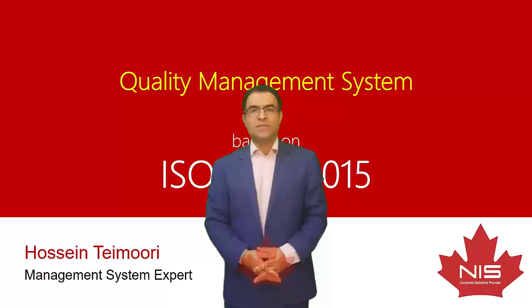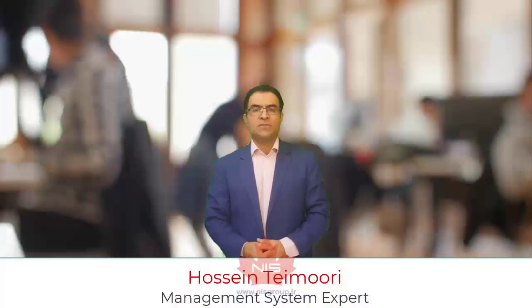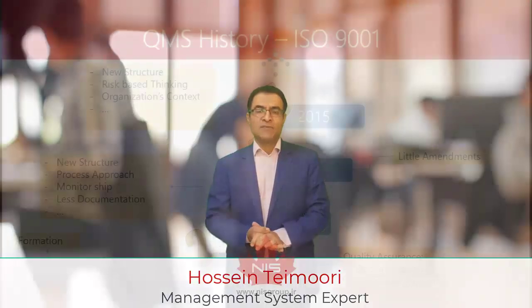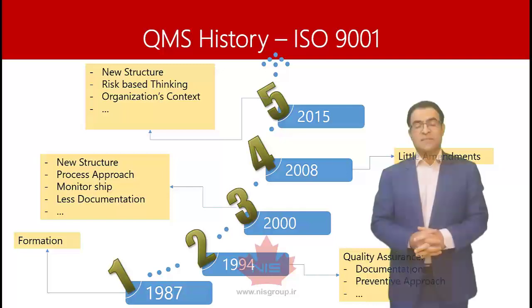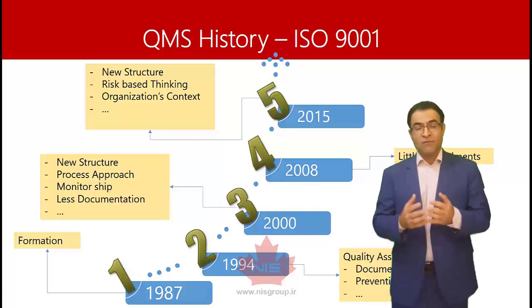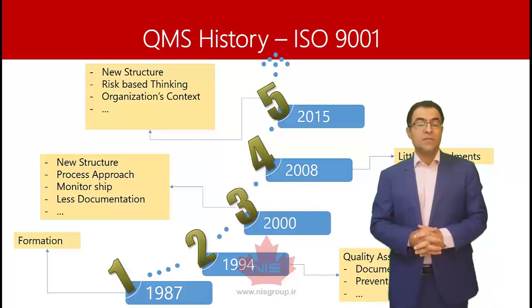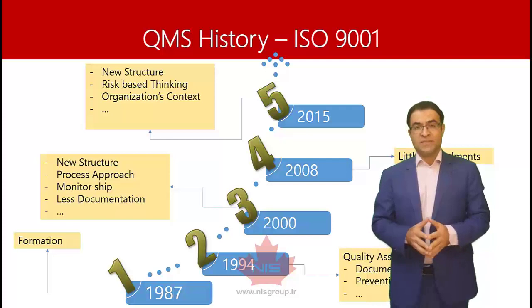Quality has always been a challenge for organizations. It's more than 30 years since the first version of the standard, ISO 9001, was issued. After that, this standard has been revised 4 times. If you look at the first couple of versions, you see that the standard was very much document-oriented. But if you look at the last changes, especially the last version, you see that the standard is trying to focus more on the performance of the organizations that are going to implement it.